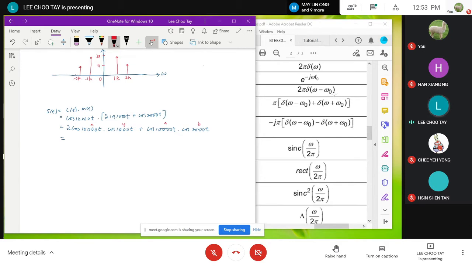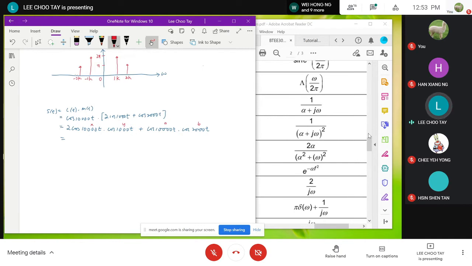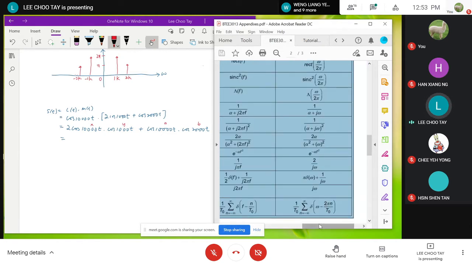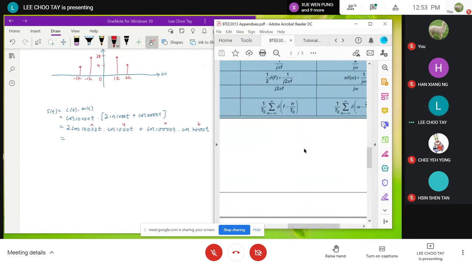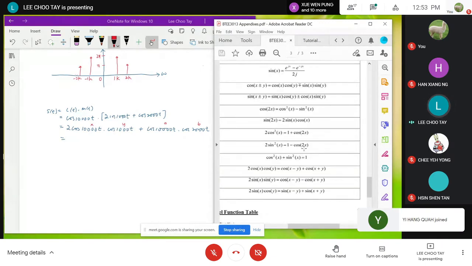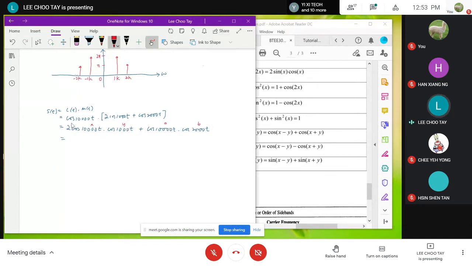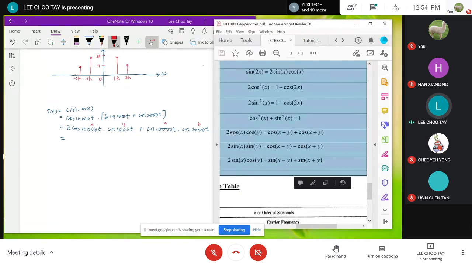Again, make use of your trig identity. Even though I give you a table with many expressions in there, basically you're not going to use all of them. You just need to know where to find the one that you need. Again, I'm going to make use of this one here. Because I have 2 here, and this one comes with the 2 in front, therefore it's just